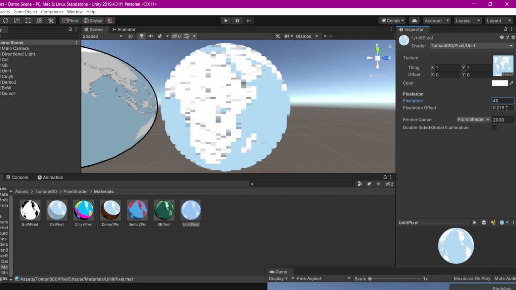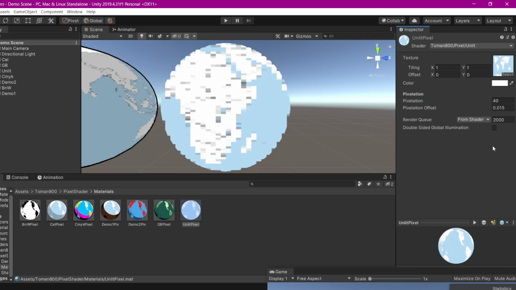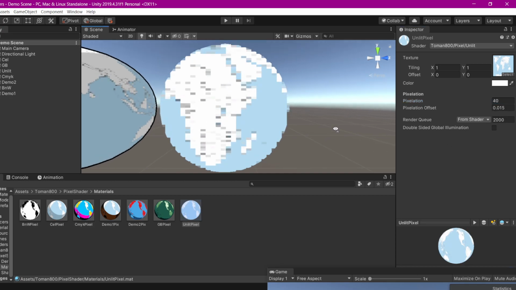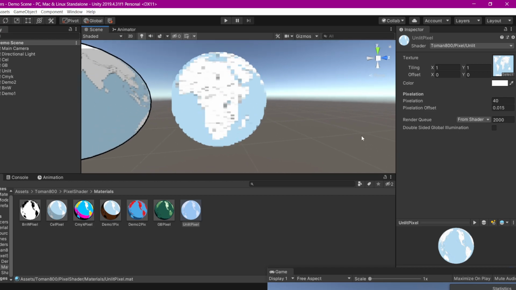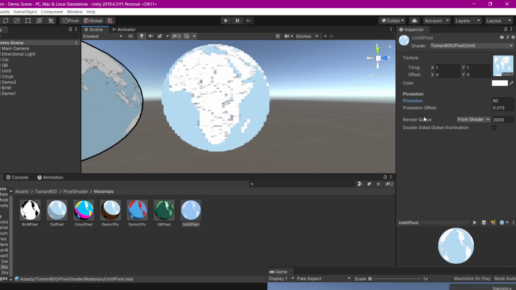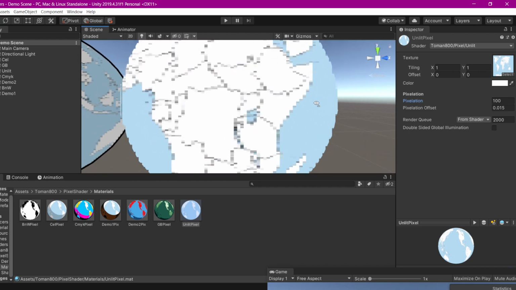Though I won't stop you from doing 1.5 pixels. It looks pretty good. Not in VR, but if you are using this in VRChat, I recommend putting it at a higher resolution. 60 will pass, but 100 just generally looks good